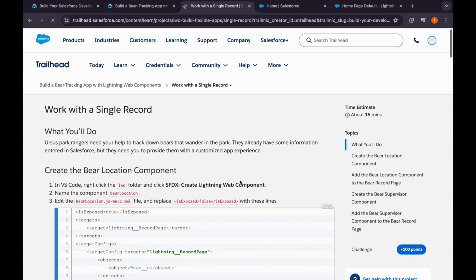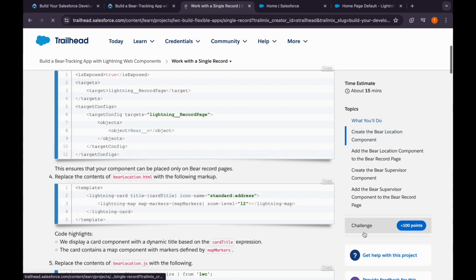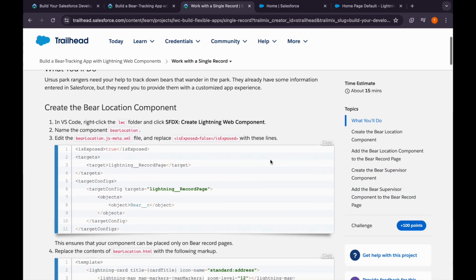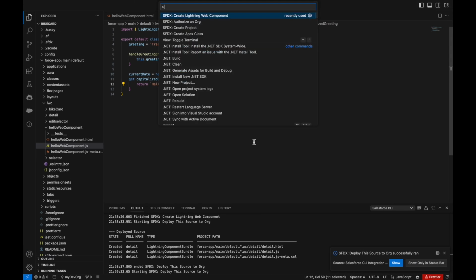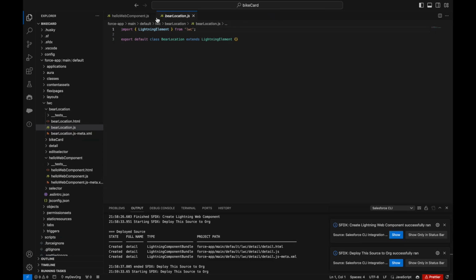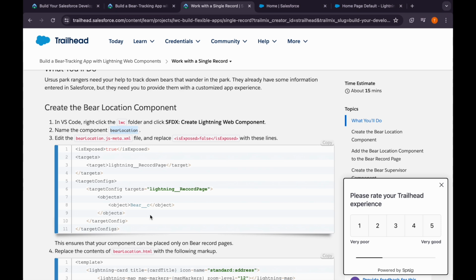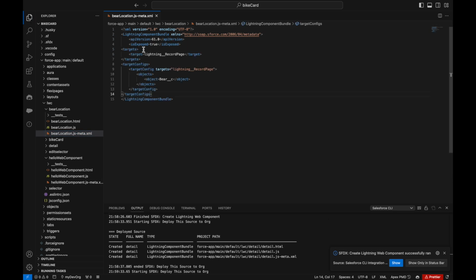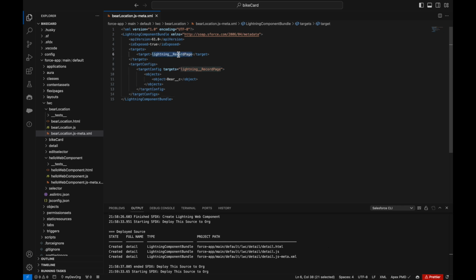that is work with a single record, and again we need to do all the steps. So let's start from the top, and we need to create a lightning web component of beer location. So I'll again give the name, and then yes, the lightning web component is created. Then we will change the meta file from here. It's exposed to true, and where it will be exposed,